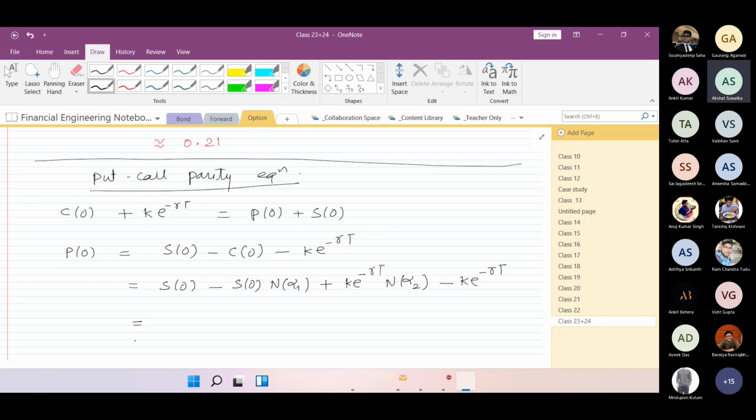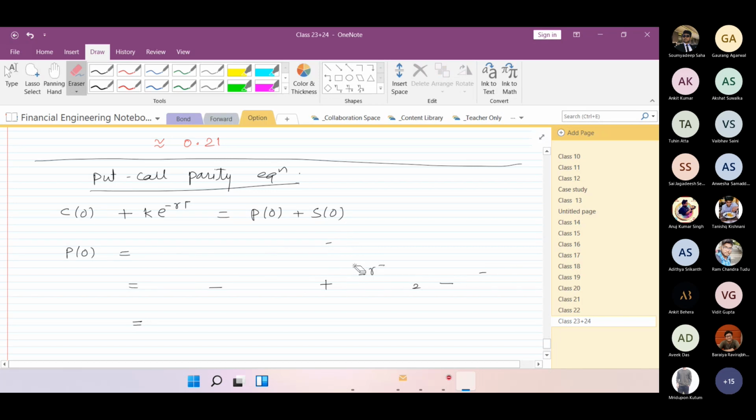Sir, we are calculating P0 now. Yeah. So P0 is equal to C0 plus K e to the power minus RT minus S0 now. Sorry. Correct. So P0 will be C0 plus K e to the power minus RT minus S naught. All right. So C0 can be given as